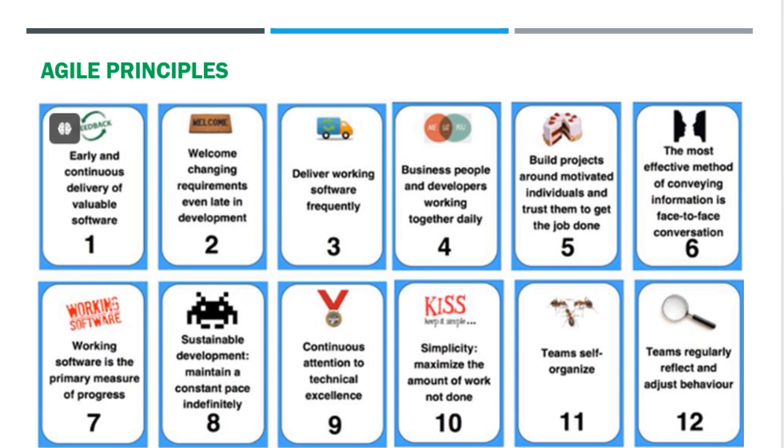So we have a total of 12 Agile principles, which form the foundation of Agile practices and guide teams in creating high quality software efficiently. Now I will explain each principle in detail using an example to make them easier to understand. So the first principle states: our highest priority is to satisfy the customer through early and continuous delivery of valuable software. Let me explain this first principle with an example.